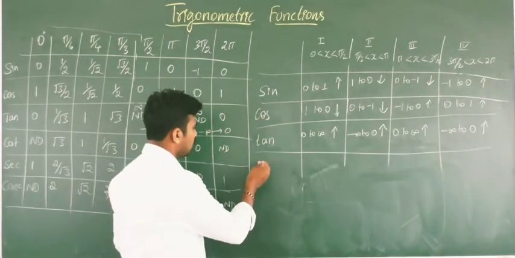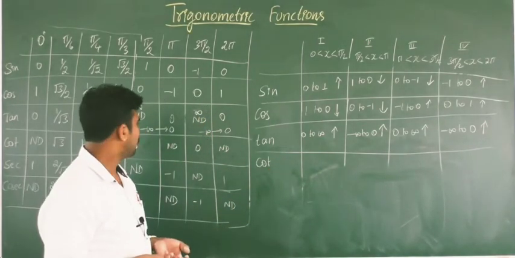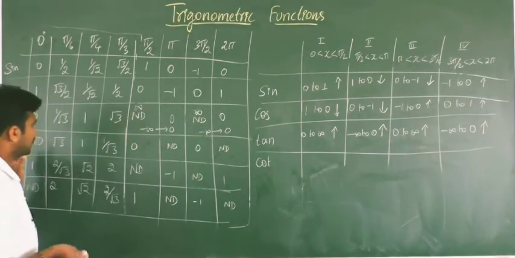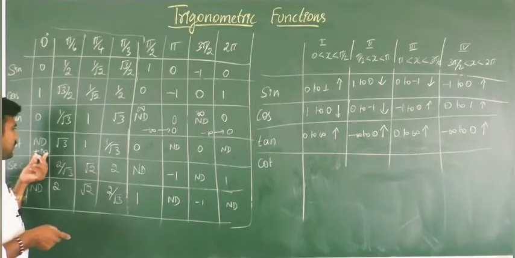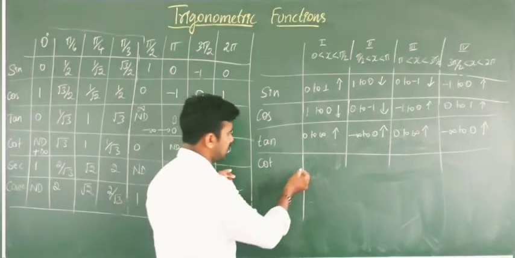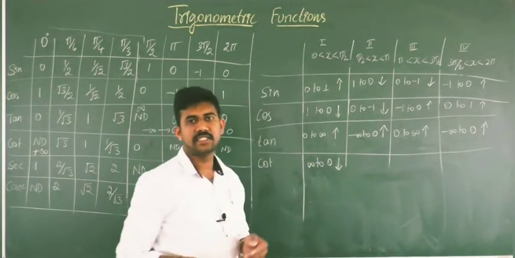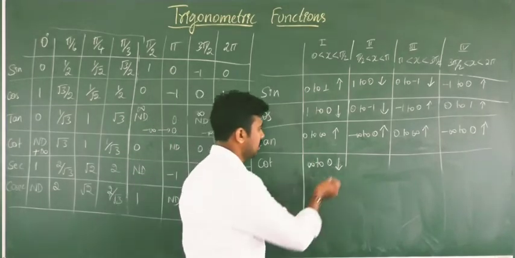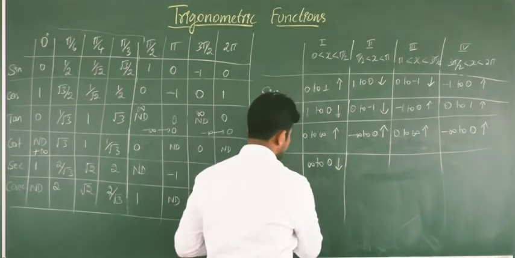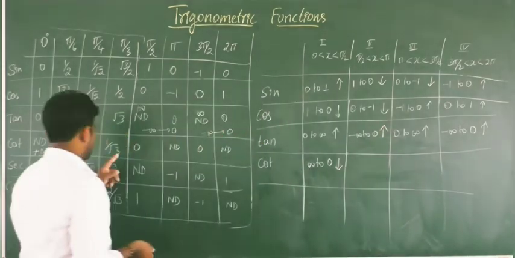Okay. What is the cot function? It is the reciprocal of tan, reciprocal of tan. So you can observe here the cot function is decreasing from infinity to 0. Infinity to 0, it is decreasing. Understand? In the first quadrant. And in the second quadrant, you can observe 0 to